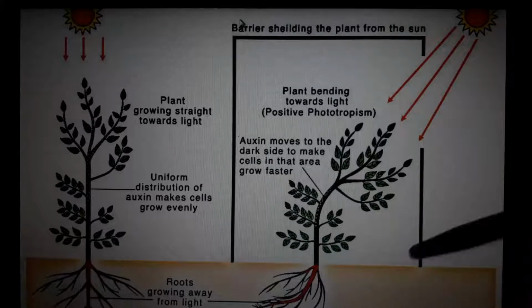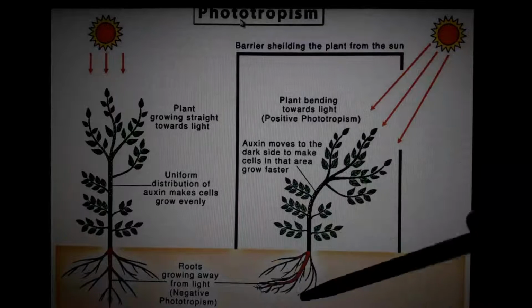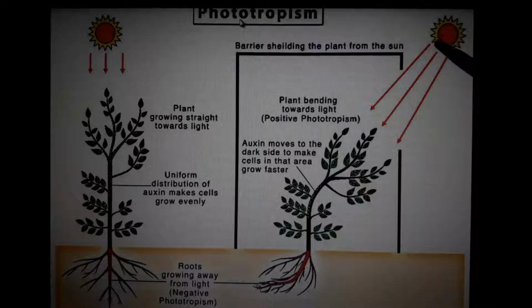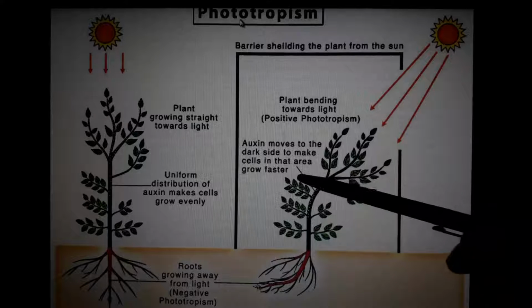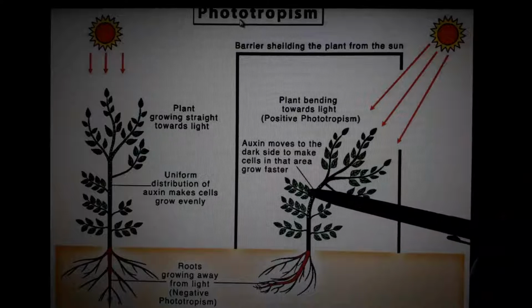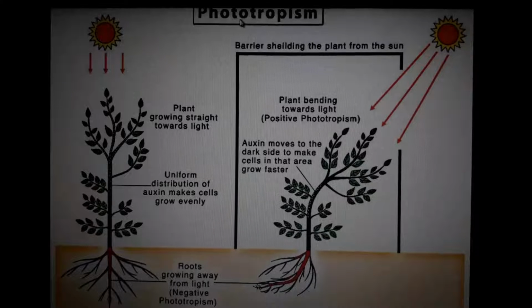Same is happening here. Understand? Root will grow away from the sunlight. Understand? This is for support. If it is bending to this side, it means support must be coming from this part. That is negative phototropism. This is positive phototropism. Understand? Auxins are responsible for this one, and also auxins are not very friendly with the sunlight. So it moves to the darker side of the plant, and growth occurs only there. Only this part grows, which means automatically this part is not growing. So the plant will bend towards light. That is called what? That is called phototropism.